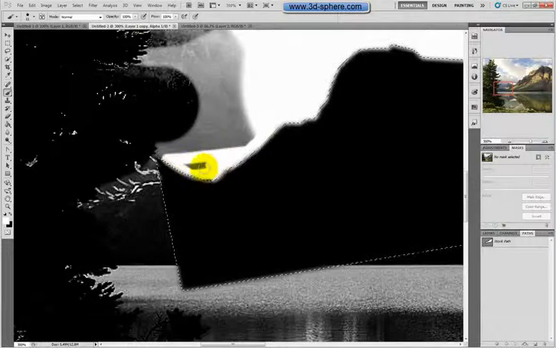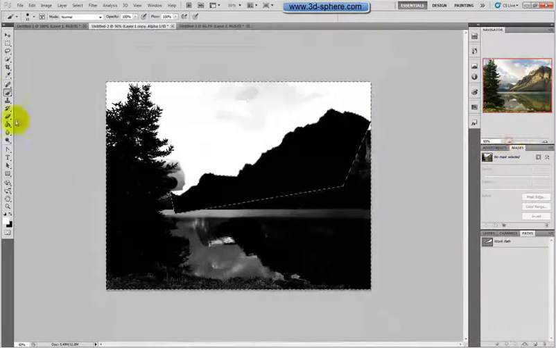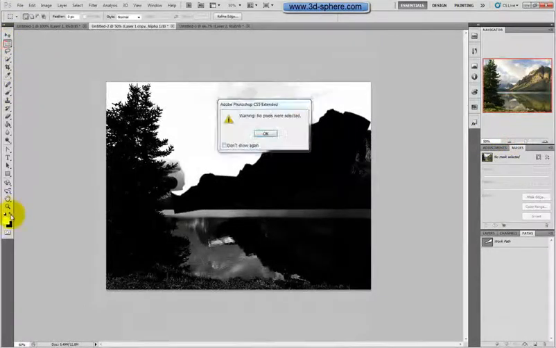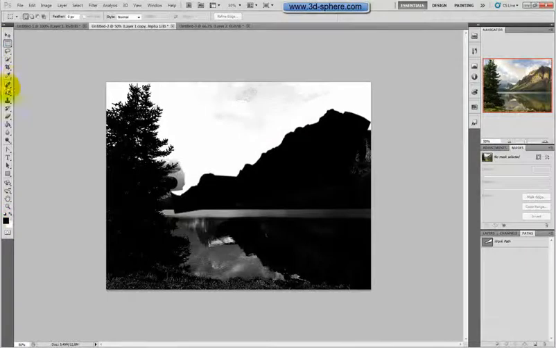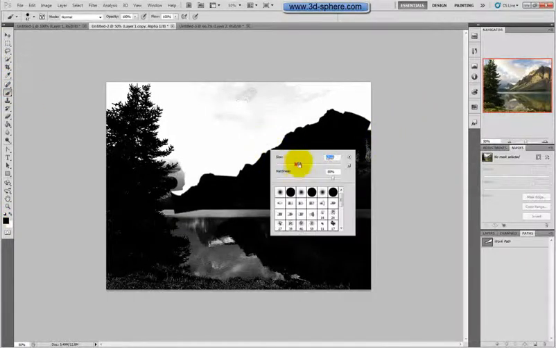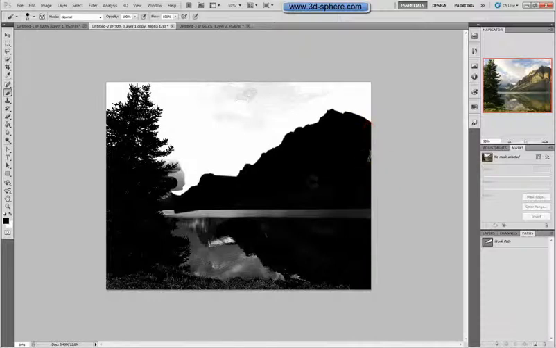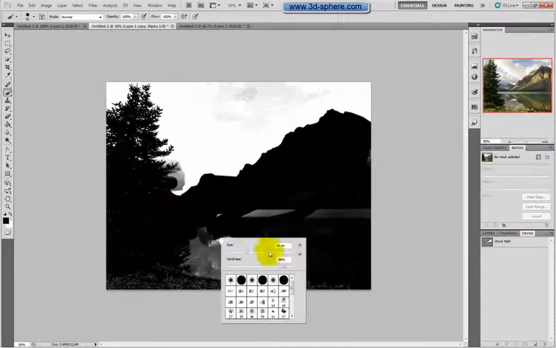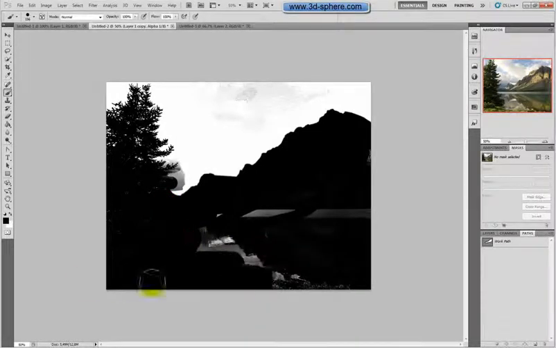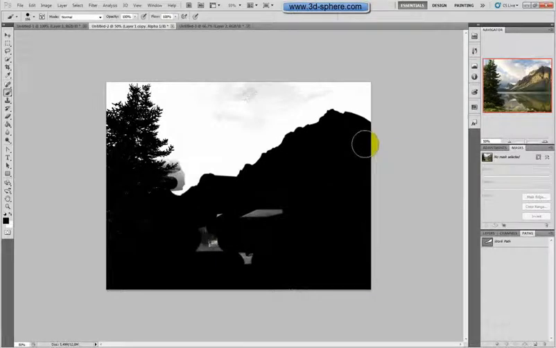Use a smaller brush, and I think the rest we'll fix a little bit later. Okay, again the black brush, and we are going to finish the mountains here and the other stuff. So this should be probably something like this. Now we can choose a bigger brush and just brush with the black one, because this part will be black and what we want to see will be white. White or almost white. So we'll change this back